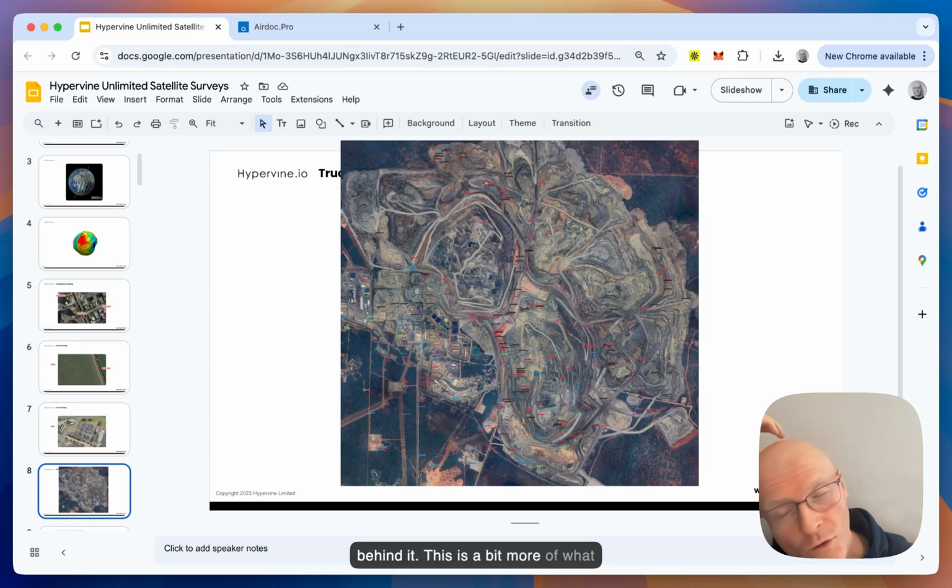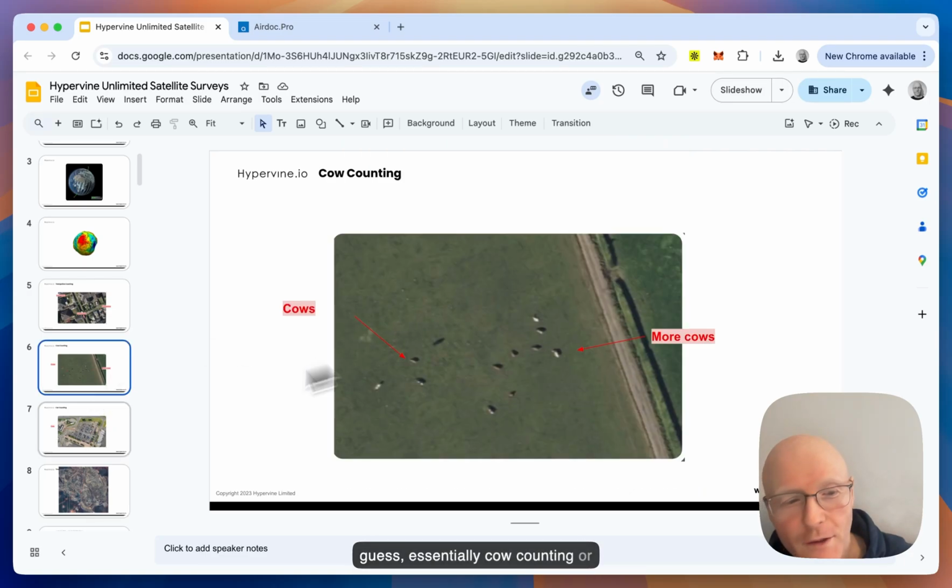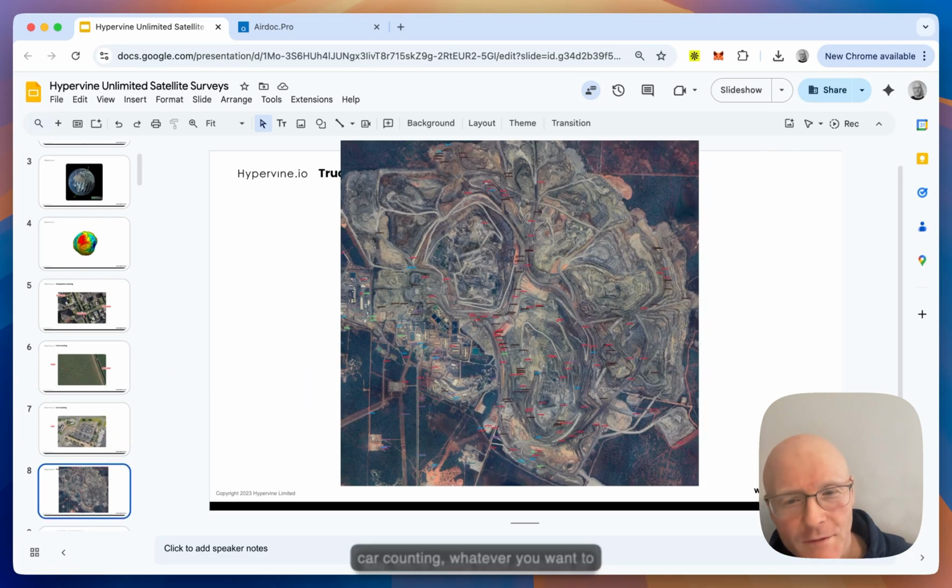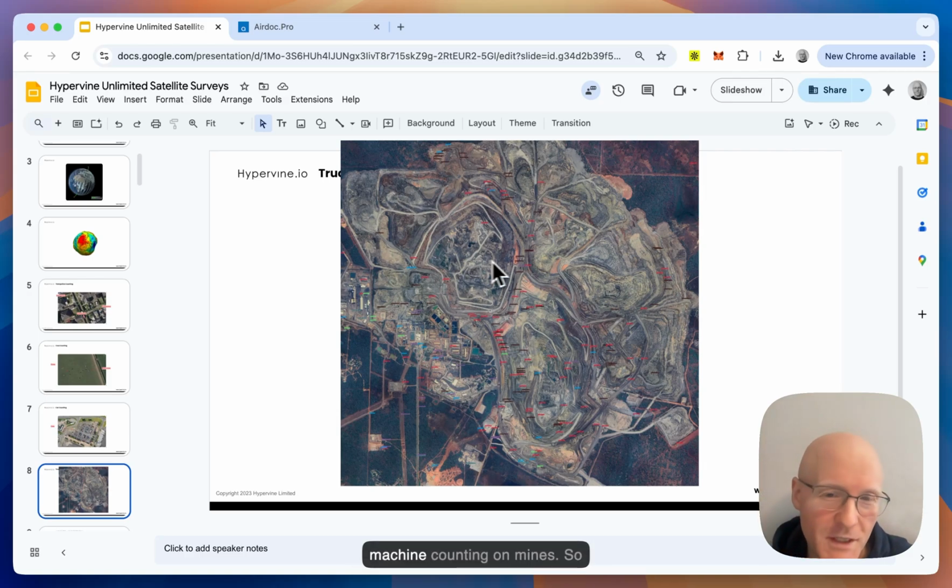This is a bit more what we do. This is an image of a mine, and all of these little tiny red things and green things over here actually represent different vehicles. And so we are doing, I guess, essentially cow counting or car counting, whatever you want to say. We are doing truck counting or machine counting on mines, so you can count all of the machines on a mine, all the different types and categories, and you can understand the types of machines that a mine's got,